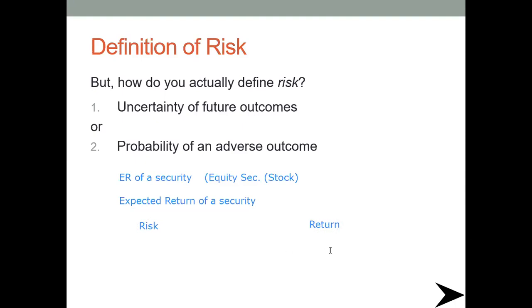The first is risk, and then we will see its return. This return will be calculated through expected return. There are two methods, and the risk will be calculated with the standard deviation. I'm using the abbreviation of standard deviation. After calculating the return and risk, then we will decide what should be the remedy, what should be the alternative way to minimize that risk.